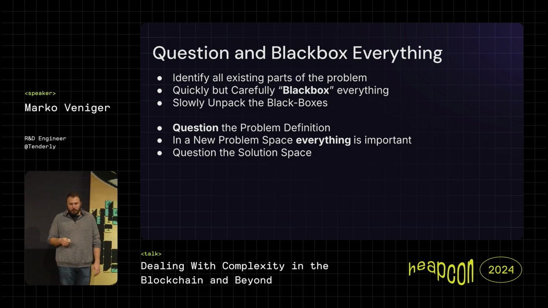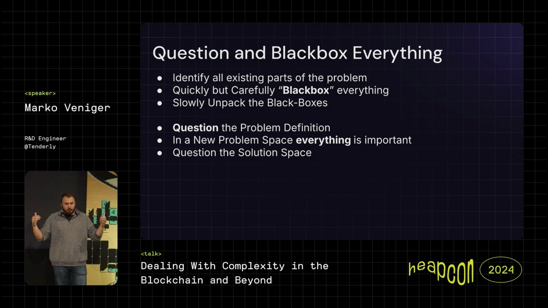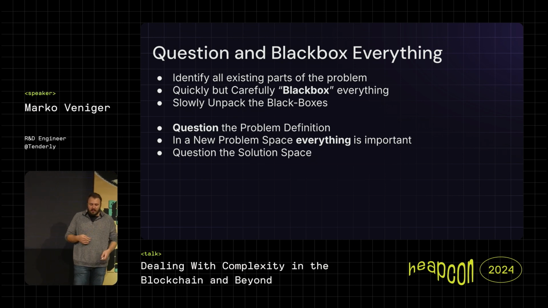Once you black box everything, or almost everything, I would say as the first step, you should slowly start to unpack those black boxes. So this is something in between the DFS and BFS algorithms. With depth first search, you don't want to go deep into one aspect because you may not really understand it without other pieces.